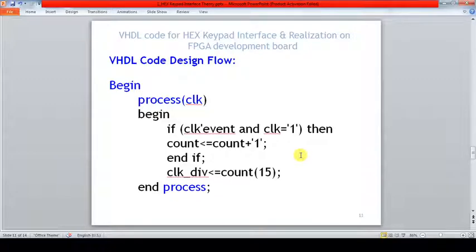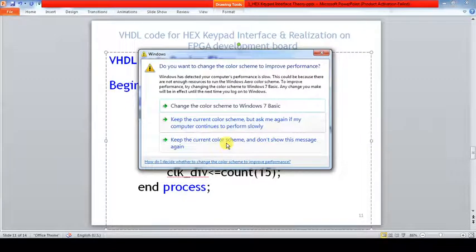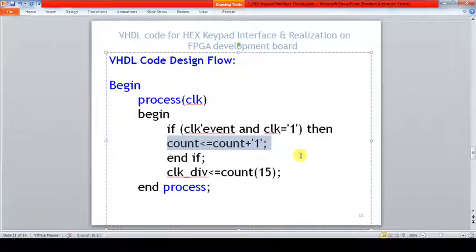One is using this register kind of method, where we declare a counter as a multiple bit value like 22 down to 0, so it is a bus of 23 bits, and we keep incrementing that counter by 1. So we get the divide by 2 clock concept in this method. There is another method where we are going to detect an exact clock.